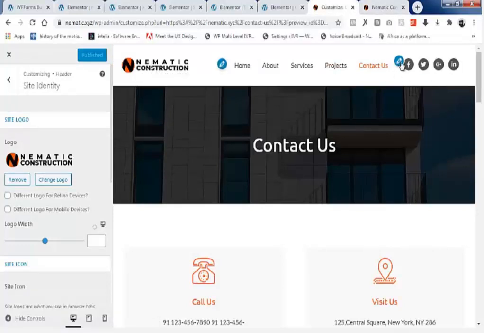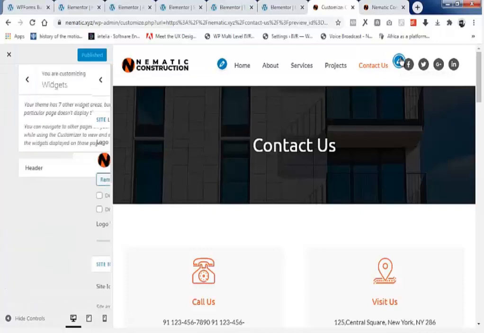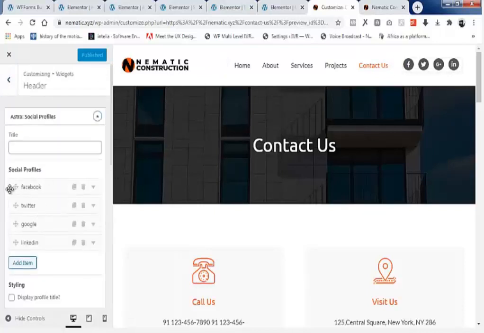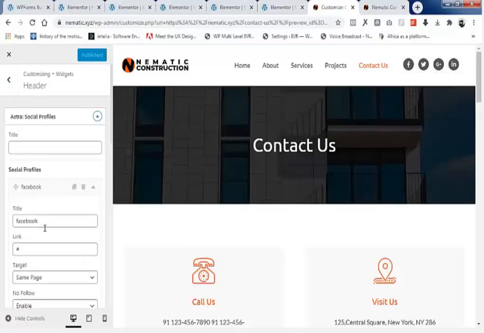So here, if you click on this pencil icon here, you can edit the social profiles. So here, if you click this, now you can paste your Facebook profile link here, and also you can paste your Facebook page link here. So when the visitors come to your website, whenever they click on this button, they'll be directed to whatever link you paste here.